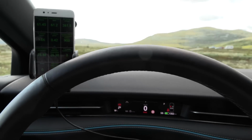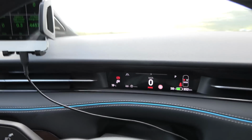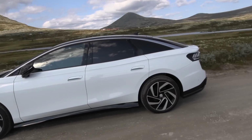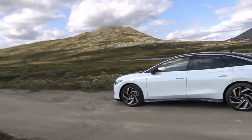So let's take a little look outside now. What was it? 19 degrees out here in the highlands. Okay, let's see. I have to try to make a nice thumbnail. I like the side of the car, like this. Oh yeah. I'm gonna try to get it with a nice background. Oh, wait, I have to walk in the...